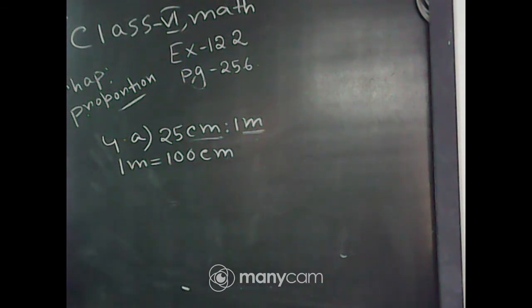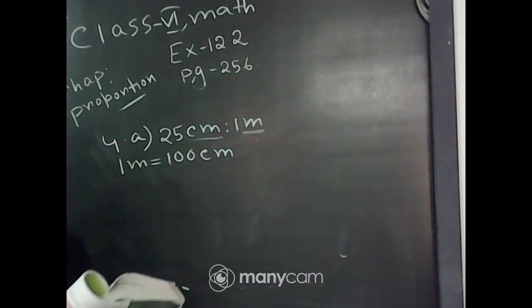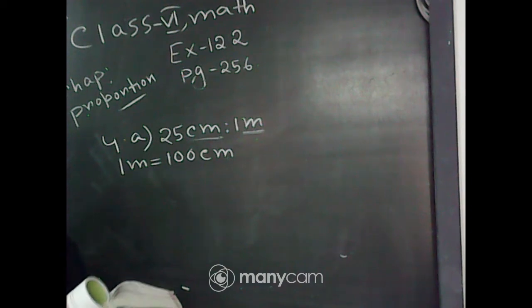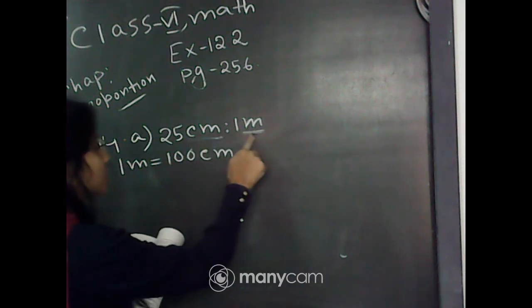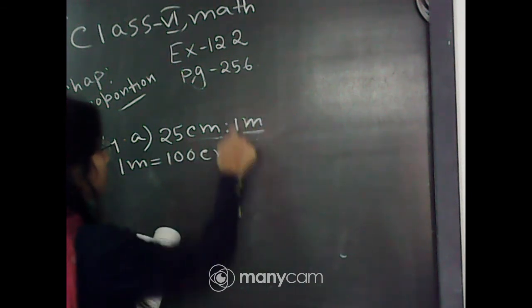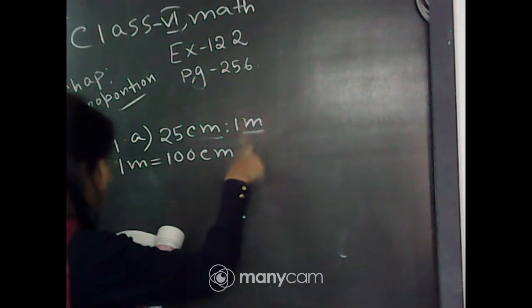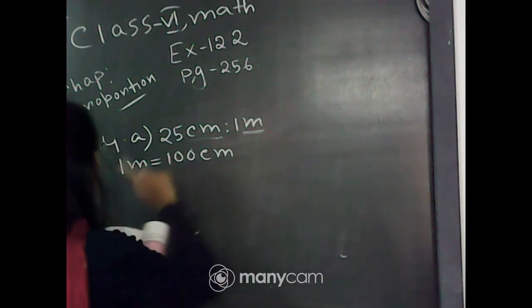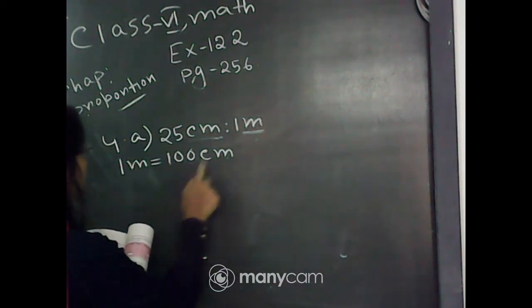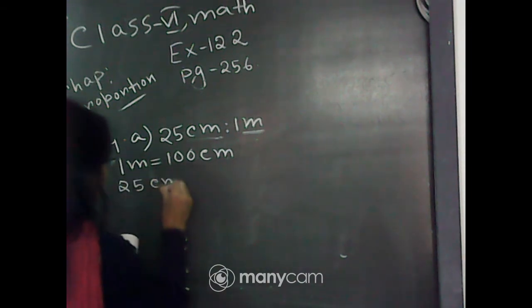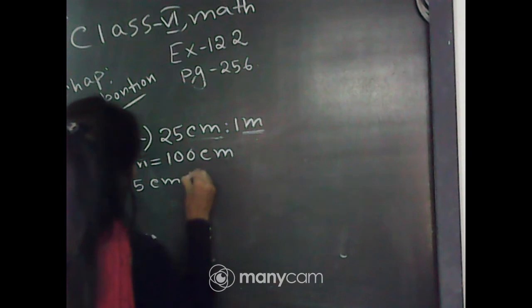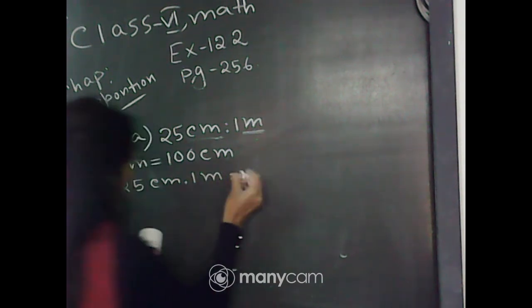Again I repeat, to compare two quantities, they must be in the same unit. Now 1 meter is equal to 100 cm, therefore 25 cm is to 1 meter is equal to